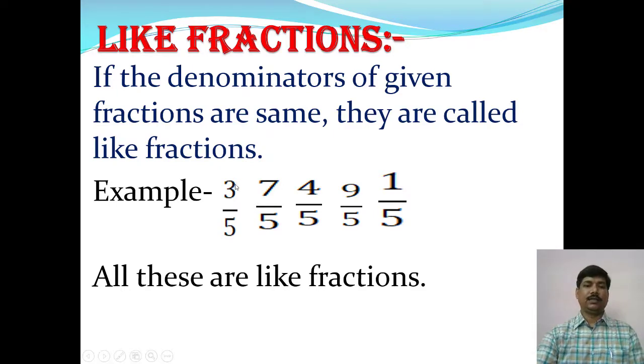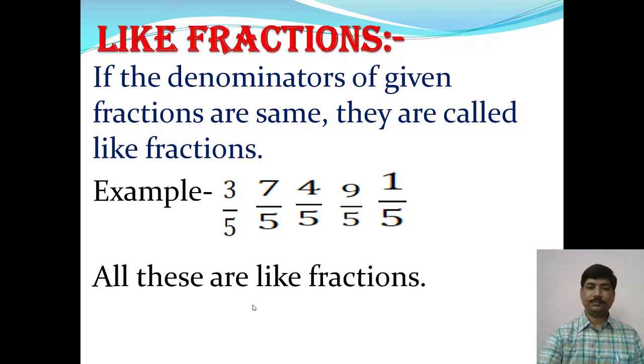For example, these are some fractions. As you see here, each fraction has a denominator of 5. So all the denominators are the same in the group of fractions, so all these are like fractions. Now you can write some more examples of groups of like fractions, such as 1 upon 3, 4 upon 3, 7 upon 3, 5 upon 3. You can also give the example 1 by 7, 11 by 7, 9 by 7. These are groups of like fractions.